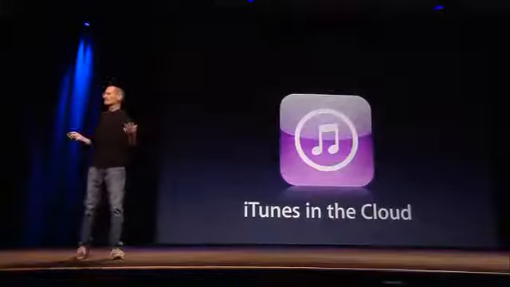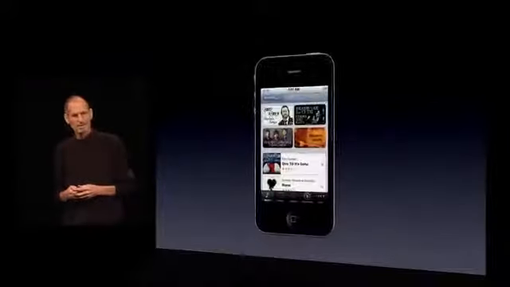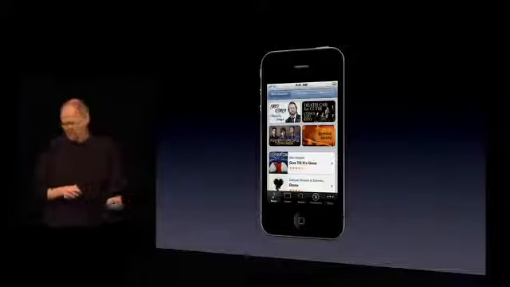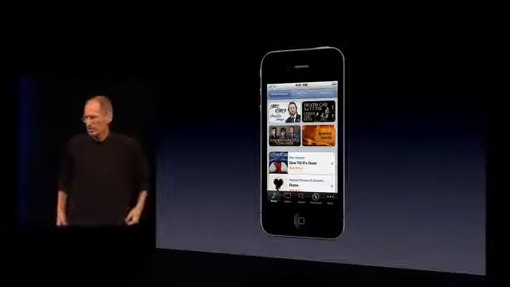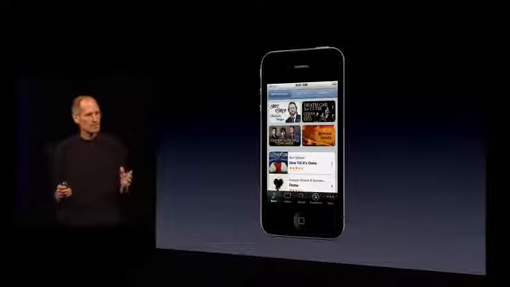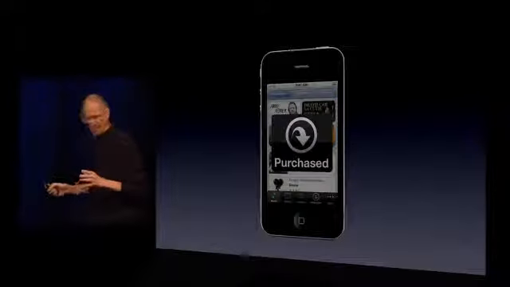You know, it's the same old story, right? I buy something on my iPhone, and it's not on my other devices. I grab my iPod and go to listen to that song I bought yesterday on my iPhone. It ain't there. Well, the first thing we've done, again, is for the songs you've already bought, we've added a